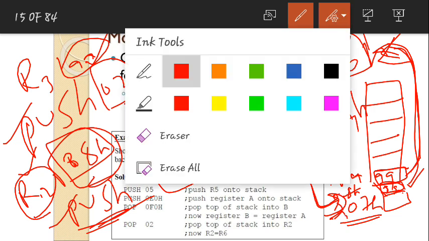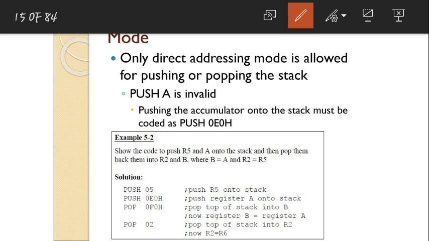Did you understand what the pop and push instructions actually do? Always remember, push means the address is incremented by 1, then the value is stored onto the stack. If you write a pop instruction, first wherever the present pointer is pointing, from there the value is retrieved, then that address is decremented by 1. These are the operations. Now we'll see a small example program.